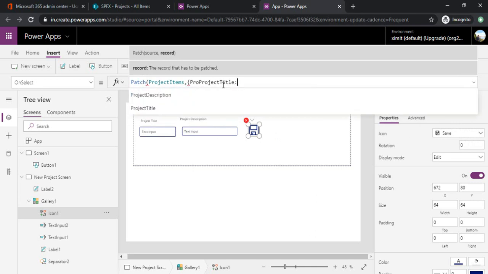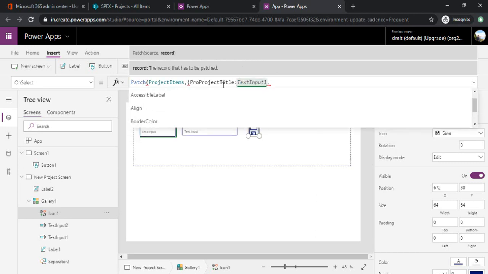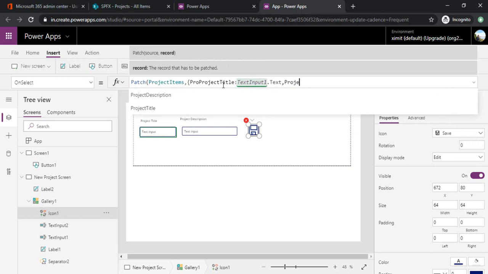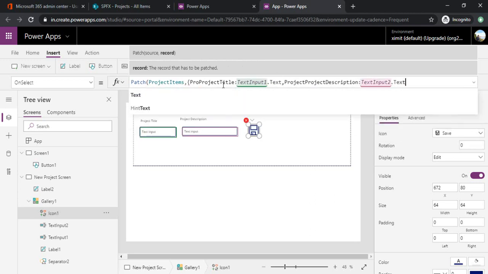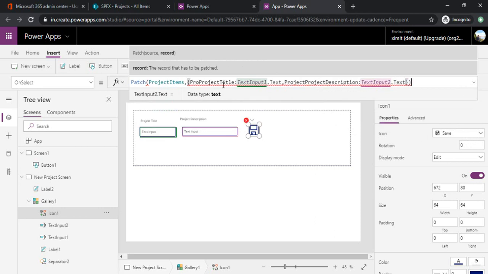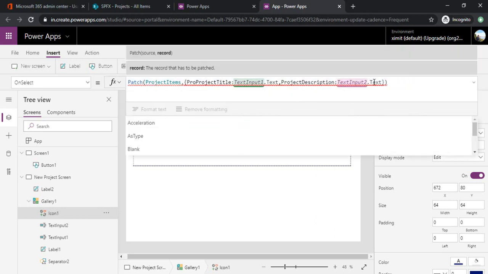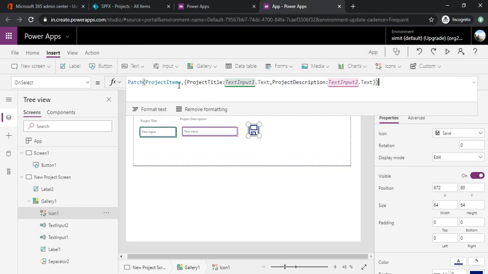Project title as text input dot text, and the project description as text input 2 dot text. Project title and project description. Yep. So now we have patched up this collection.